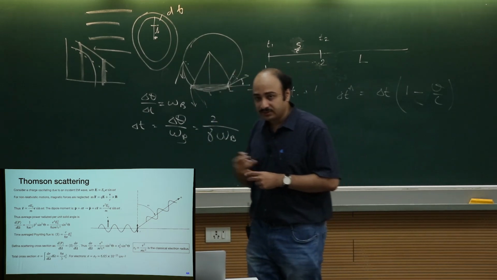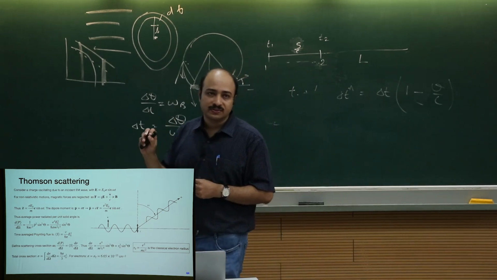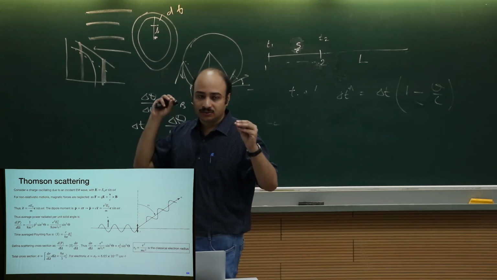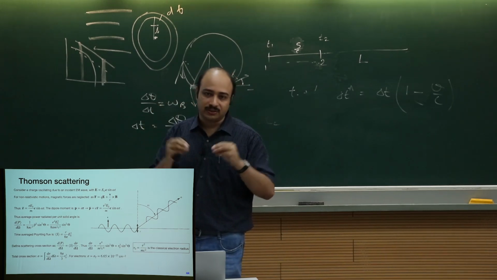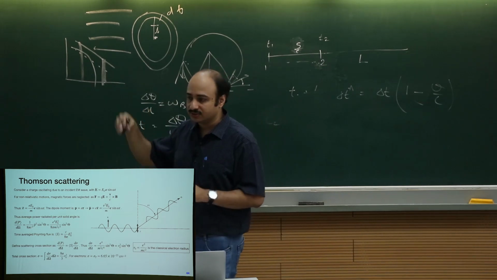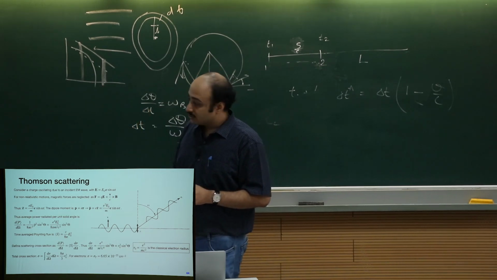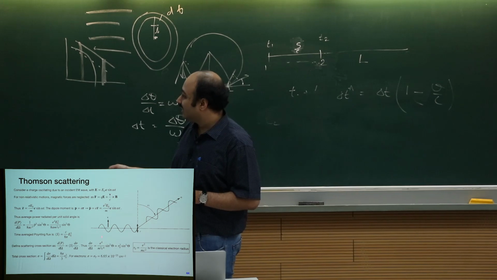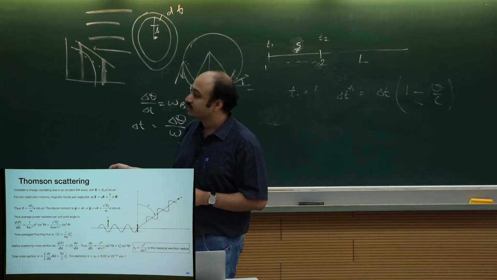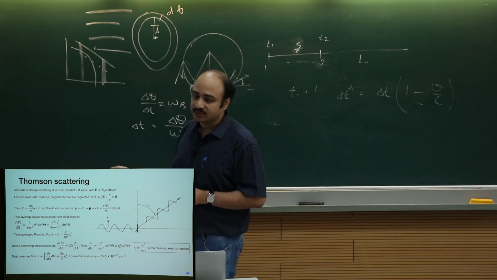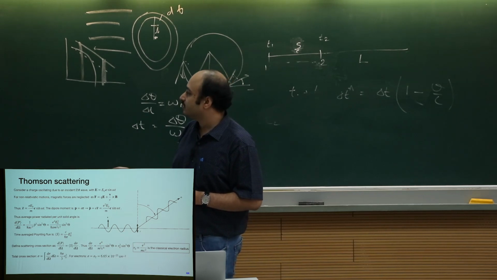So in Thomson scattering, it's all non-relativistic motions. We don't have to consider quantum interactions or consider the emission as a particle. We can consider the emission as a wave. So what we do here is we have an incident background radiation on this charge, and this charge will oscillate along with it because of the electric field of the radiation. And if it's oscillating, of course, then it's accelerating. So we have the standard expressions of the dipole formula, dP/dΩ, the power distribution, etc. We define something here, which is